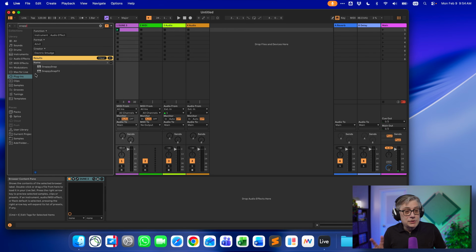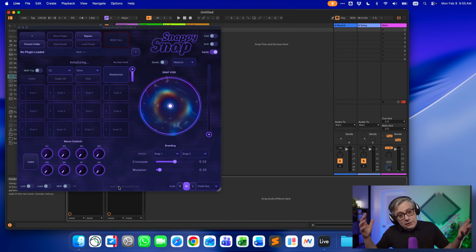Snappy Snap comes in two versions, an instrument version and an effects version. So it allows you to put that either where the instrument would be, so you can create a wrapper around an instrument and simplify automations of an entire instrument, or an effects. Now, in our particular case, we have an effect, so we're going to use the Snappy Snap effects version here, and this is Snappy Snap, and it looks actually pretty cool.